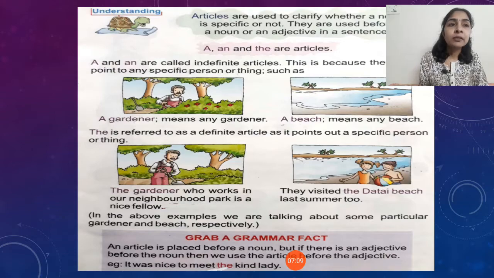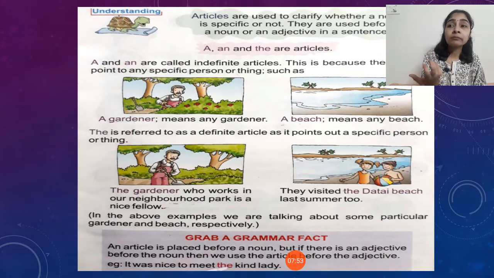Now next, a beach. Now it is any beach. There are many beaches in India. We are talking about any beach. So when we are talking about an indefinite thing, not specific, then the article a or an is used. Now a and an, I think you remember this very well. You have studied in previous classes, a is used with consonants. That means the words which start with a consonant, and an is used with the words which start with a vowel sound. Vowel sounds are a, e, i, o, u. Here we are having both the words in the example starting with a consonant, so we are using a in both the cases.